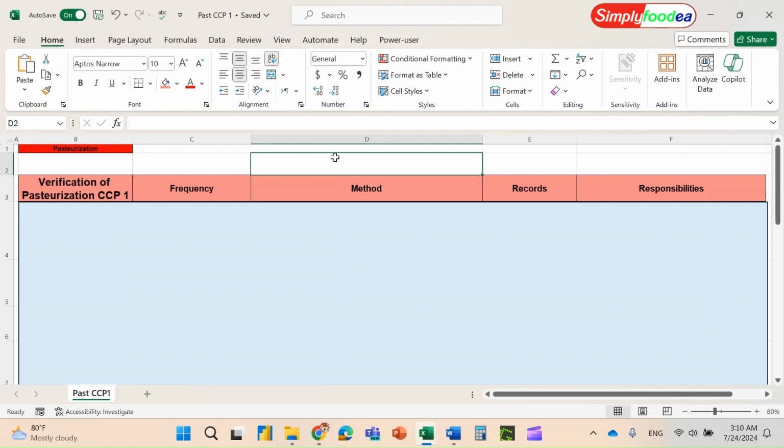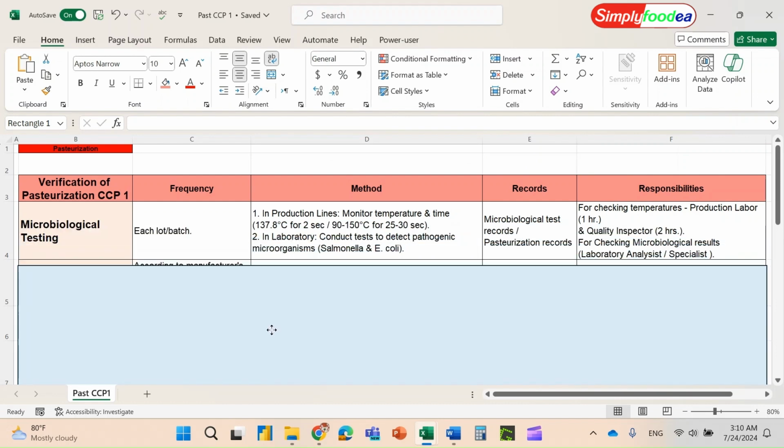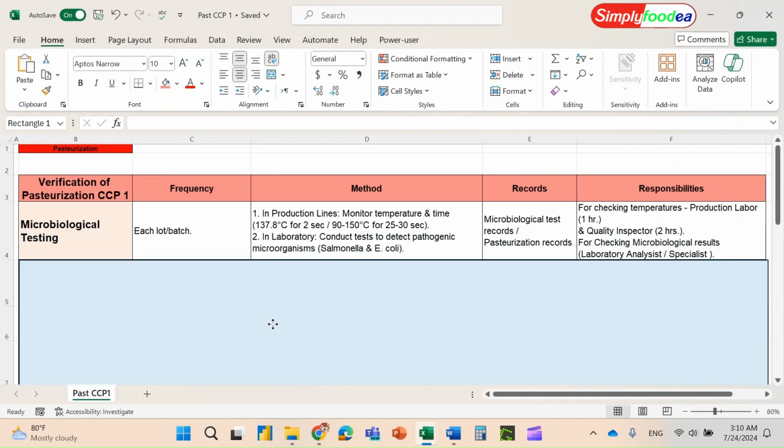So let's go deep diving in this very critical and very important verification for our first CCP in our orange juice example in our HACCP plan, the pasteurization process. The first verification is very important: the microbiological testing. This frequency is according to the previous